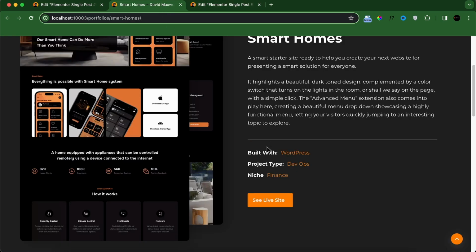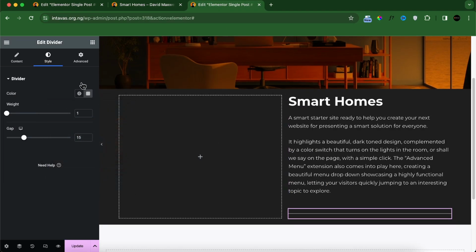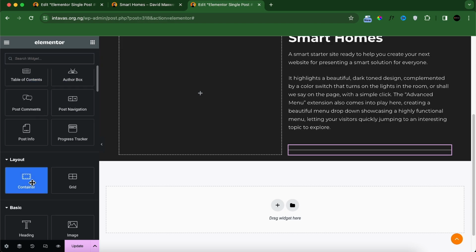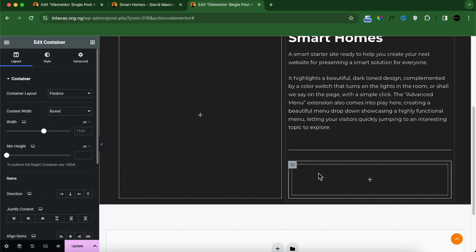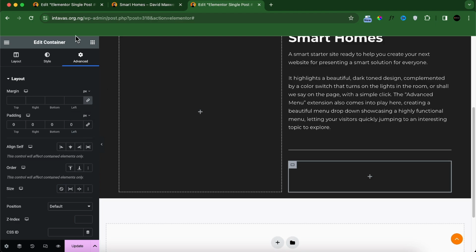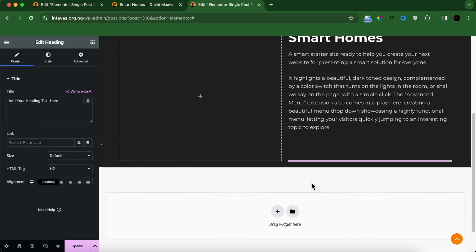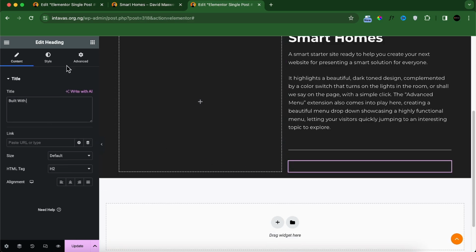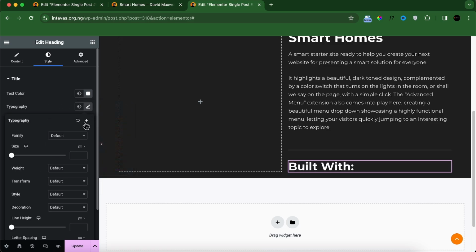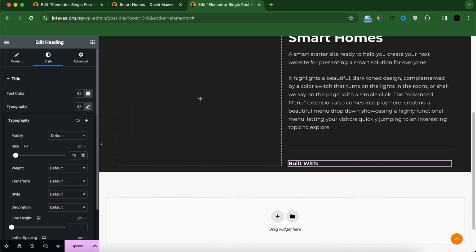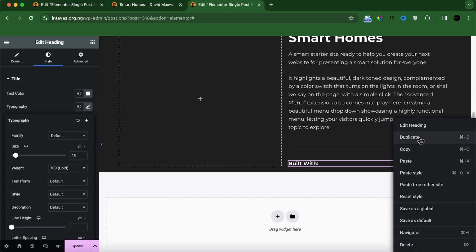And then we have these 3 guys. So these 3 guys, each of them is going to have its own container. So I'm going to come down right here, and I'm going to drag in a container. I'm going to make sure it doesn't have any padding. I'm going to remove the padding. And then inside the container, I'm going to drag in a heading. So this should be built with. I'm going to come to style, should be pure white, and this should be like 16 pixels, and the weight should be 700. So what I'm going to do is I'm going to duplicate that particular item, the header, and